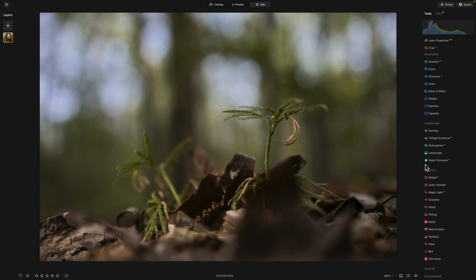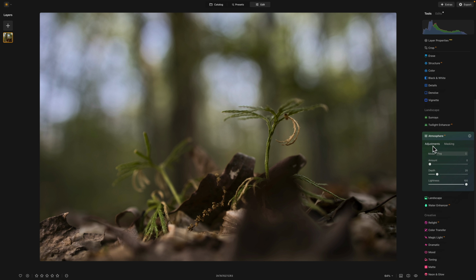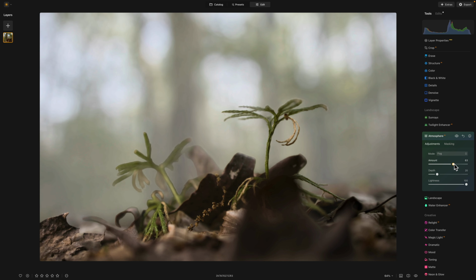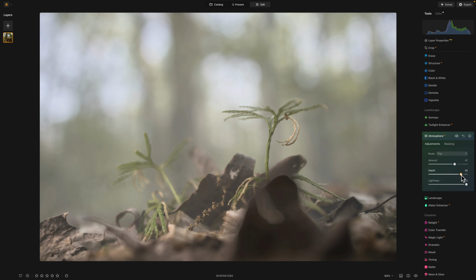So depth modules received a bump or an update. This is really going to impact the Atmosphere AI. Let me show you how it works. So I went ahead and opened up Atmosphere AI. And if I crank up the amount, you'll see that it is starting to fade over the image. And if I pull up on the depth, you'll see that it blends a little bit more naturally than it